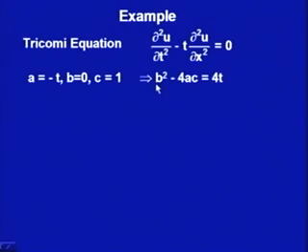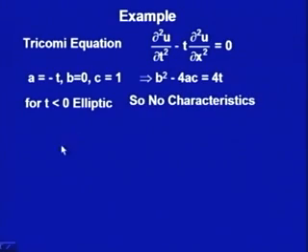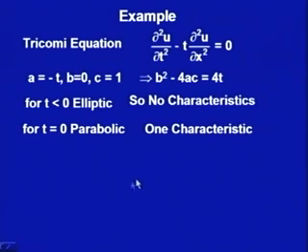This says b square minus 4ac; b is 0, so minus 4ac would be 4t. Now, this depends upon the value of t. If t is positive, negative or 0, accordingly we will get the type of equation. So, let us take: if t is less than 0, then this equation is elliptic and we will get no real characteristic. If t is equal to 0, then this equation would be parabolic and we will get a single characteristic,